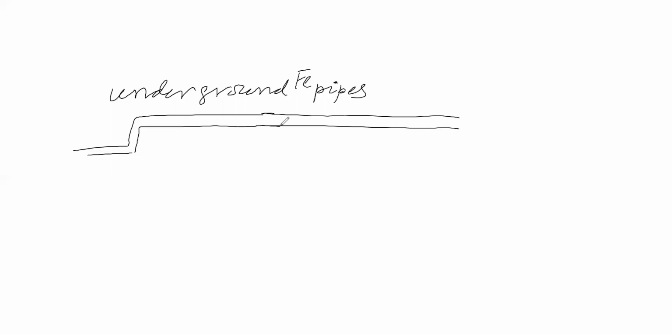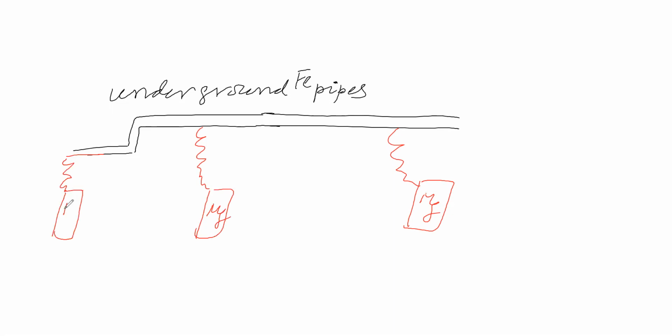For these underground pipes, what they will do is connect them to some other metal, for example magnesium. With a sufficient gap, magnesium will be connected to the underground iron pipe at periodic distances. Now we will see what will happen.